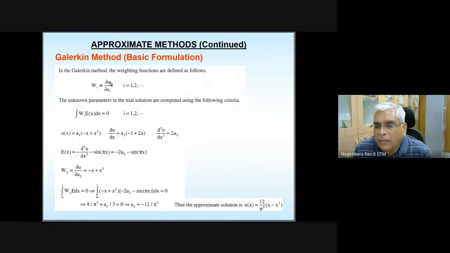So the purpose of this weight function is error cancellation, and Galerkin tried with this. Instead of the error function, he tried with the admissible solution itself, and it worked out in a much better way. So that is the good thing about the Galerkin method. If you understood the least square weighted residual method, you replace the weight function there with this, and the rest of the procedure is the same.